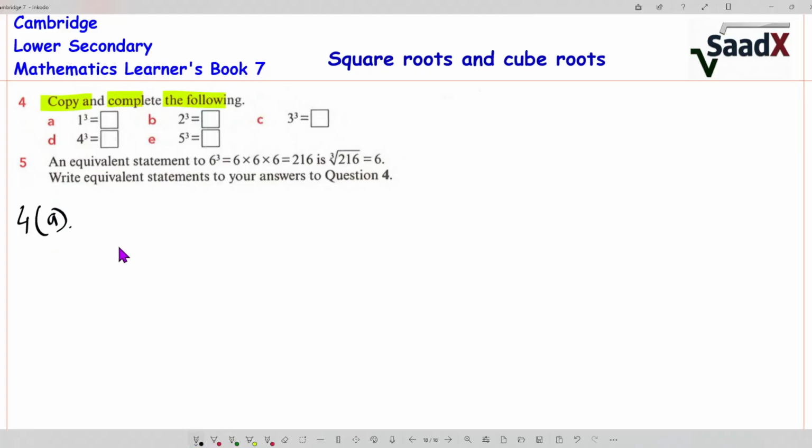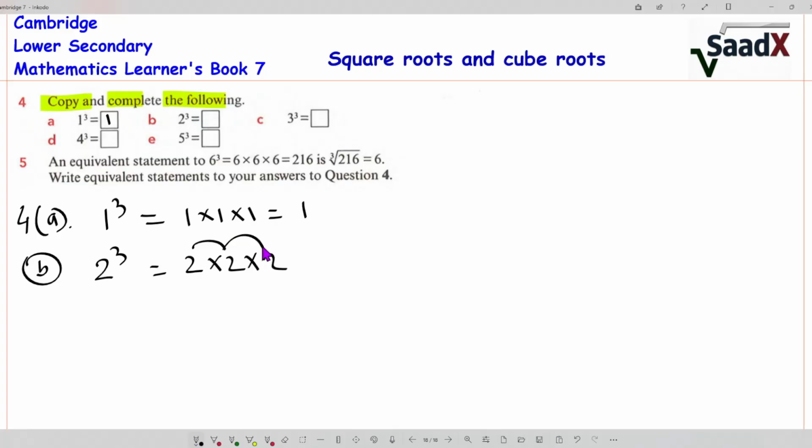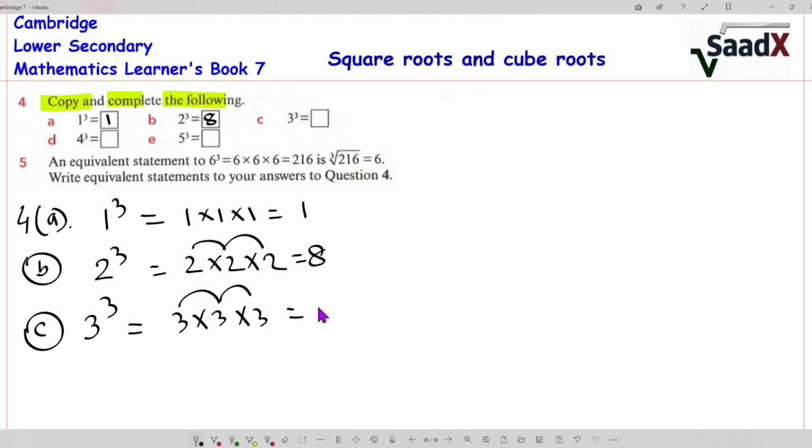Number 4, copy and complete the following. 4a. Here is 1 cubed. So what does 1 cubed mean? 1 times 1 times 1, it will be 1, right? So here is 1. Number B, 2 cubed. 2 times 2 times 2. So 2 times 2 is 4, 4 times 2 is 8. So here is 8. Number C, 3 cubed. So 3 times 3 times 3 equals 3 times 3 is 9, 9 times 3 is